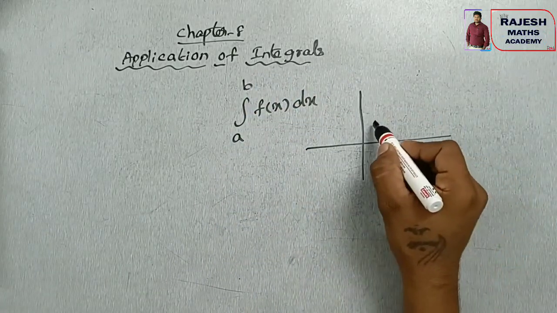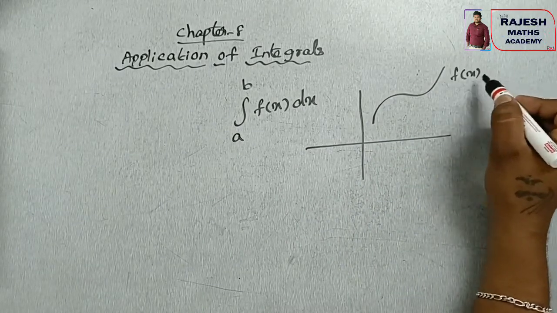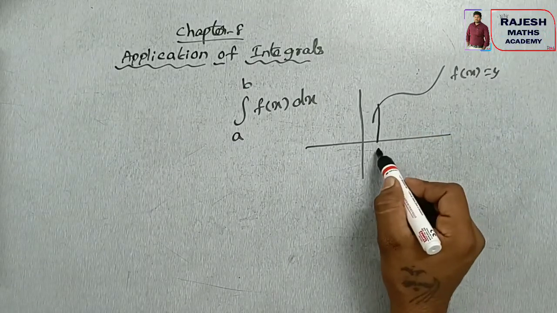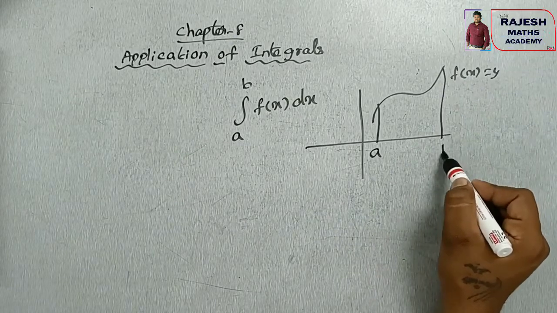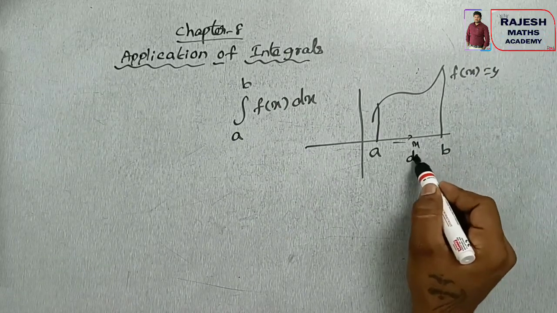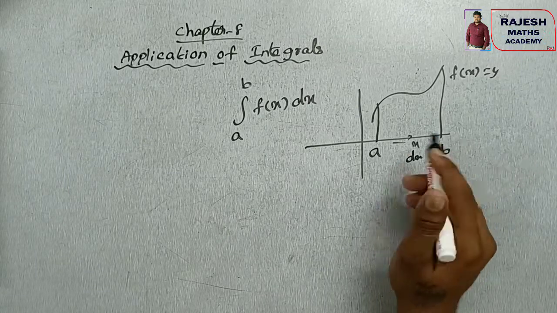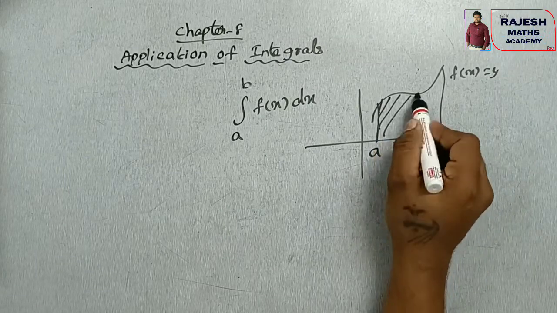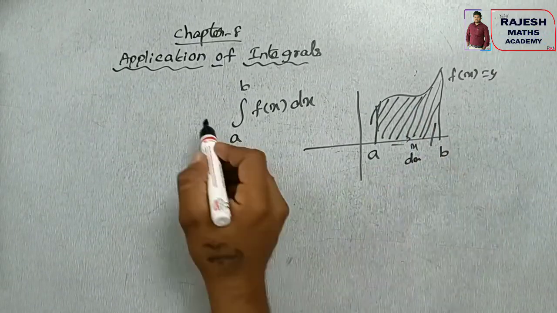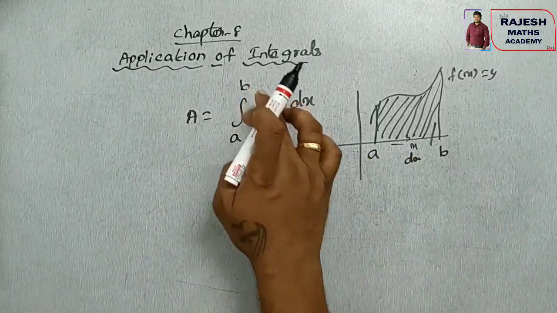If you are trying to draw the curve of this f of x, we will get it like that, considering y equal to f of x. I have evaluated the integral from a to b along the x-axis. So the x-axis is changing, that is dx, a small change. So this is the value of the area below the curve and above the x-axis between the interval a to b. So area of the curve along x-axis is integral a to b f of x